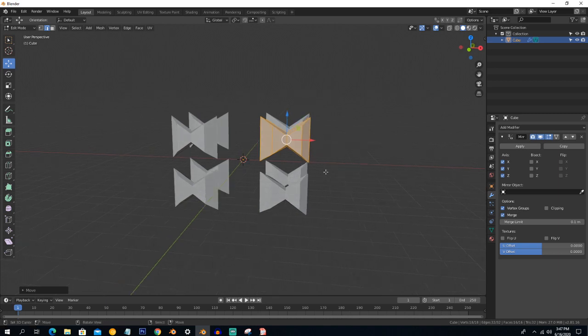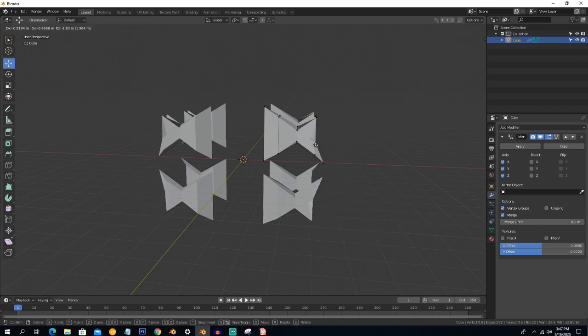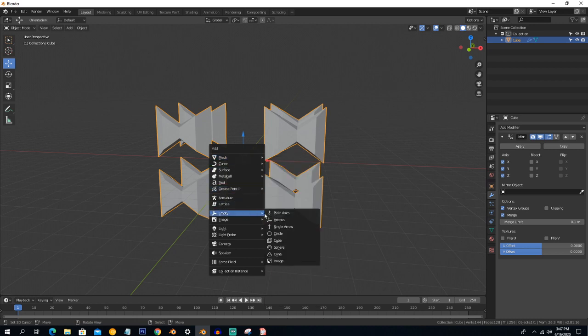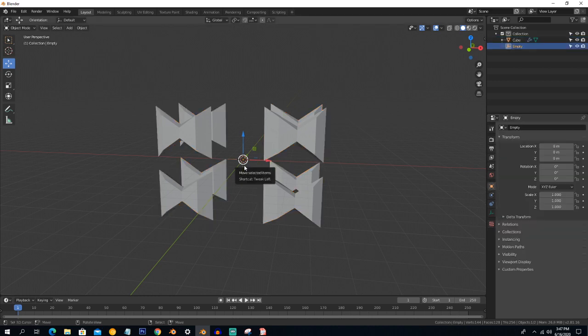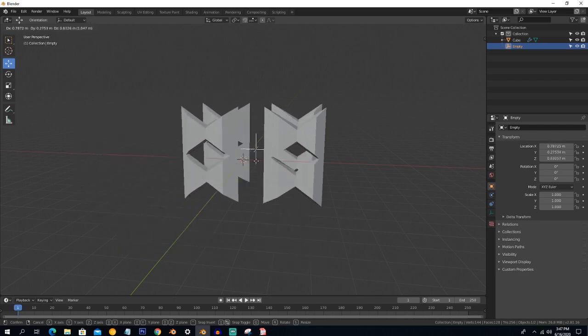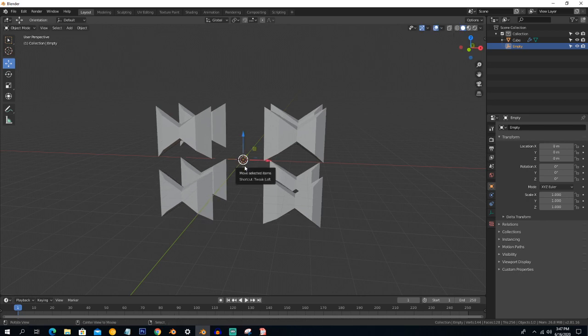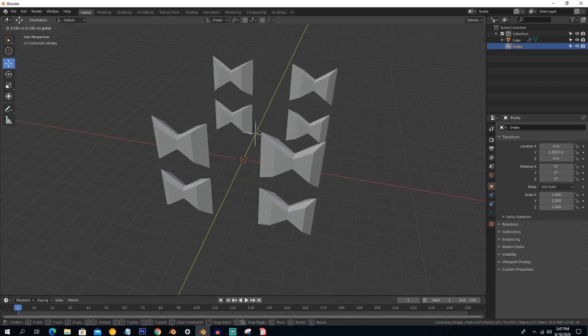You just make a change on one side, and it will automatically do the change on all the other sides. You can see that the changes are happening. And you can also apply it from an empty, a plane axis. You can select an empty here, and it will work the same. If you change the empty's distance, it will change. You can see that you can also do this from an empty. If you don't want to use the origin point, you can select any object you want from that menu.